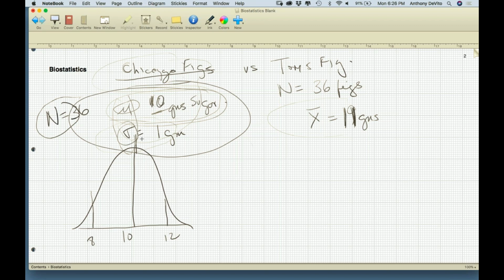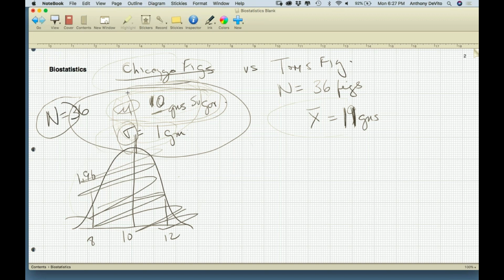Okay. Well, since it's sigma, I know what sigma is. I can really be a little bit more precise, right? I can really say 1.96 standard deviations below 10 and 1.96 standard deviations above 10. So if I took samples of size 36 figs, I know that there's less than 5% chance that I would get an average more than 12 and less than 9. Okay, just sampling over and over and over again. Okay, well that's interesting, right? Let me look at it from another perspective, though.